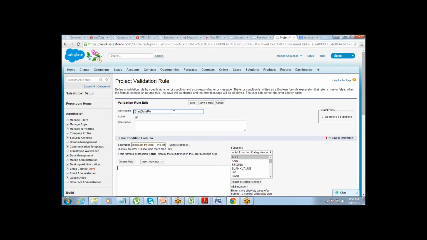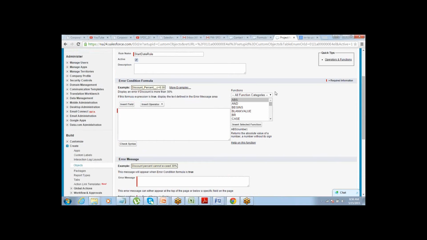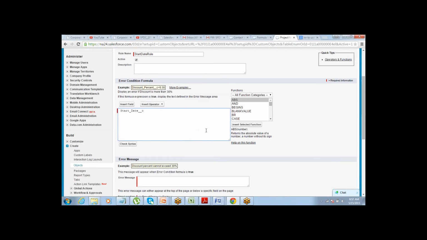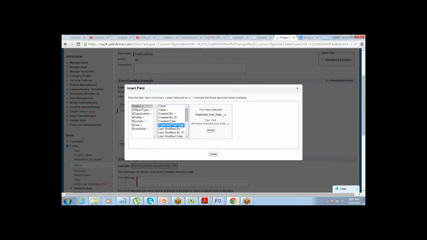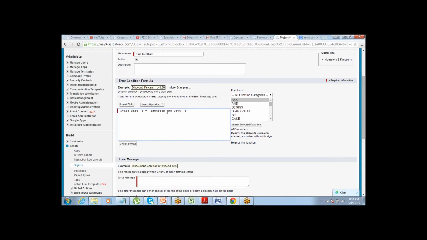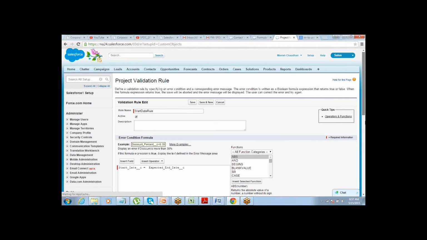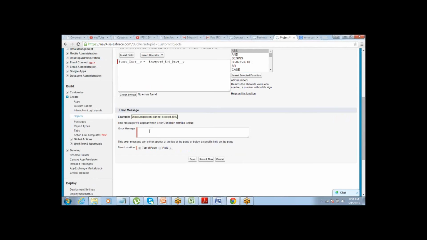Let's give it a rule name, start date rule. What will be the error condition? If the start date equals the expected end date. So this should be the error condition if these two values are same. Check syntax. It's okay.